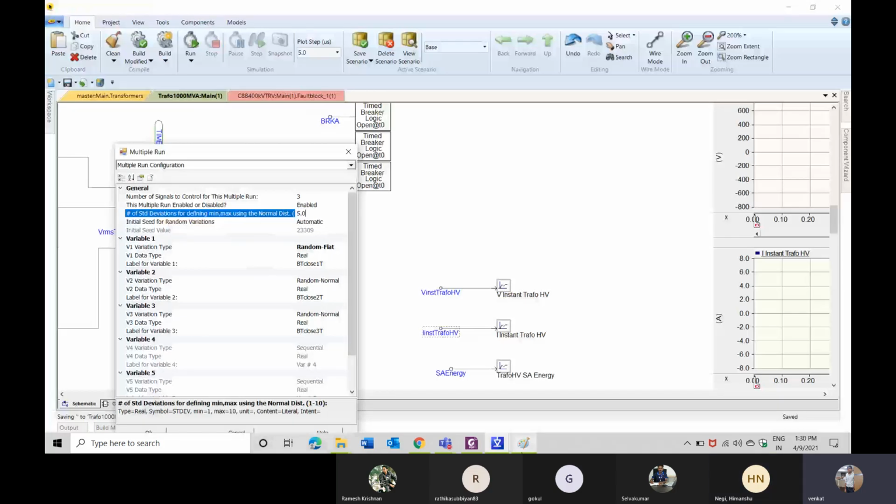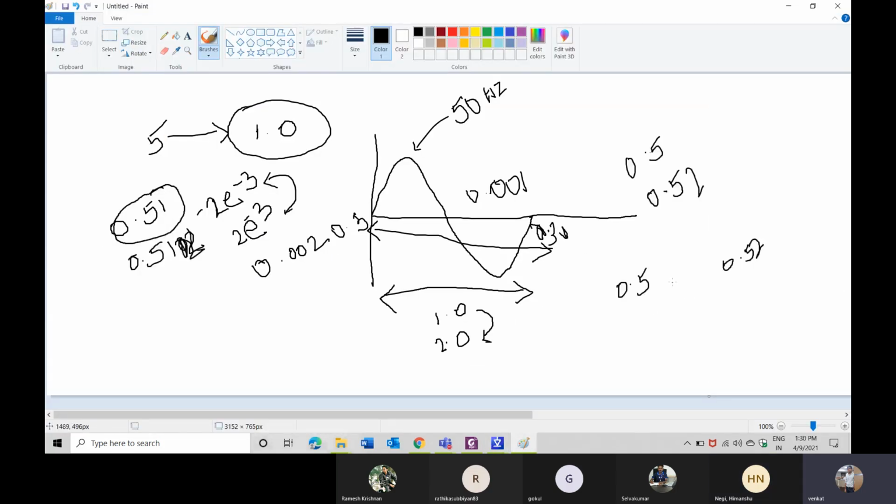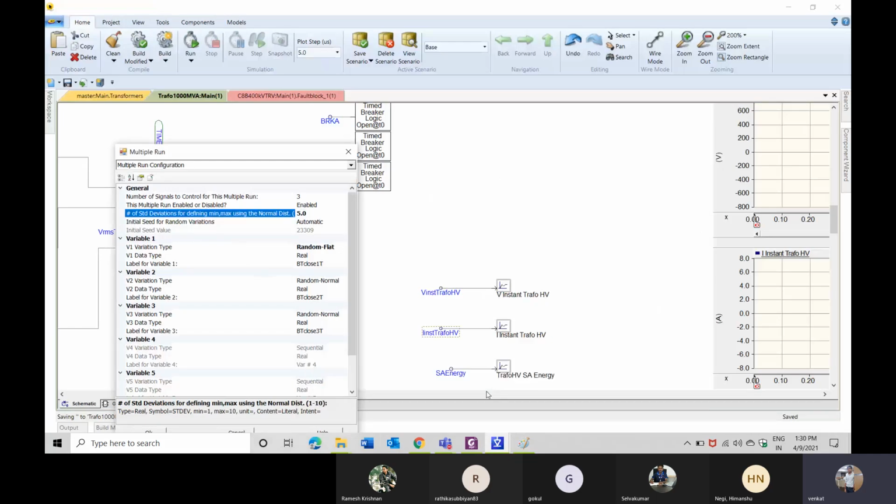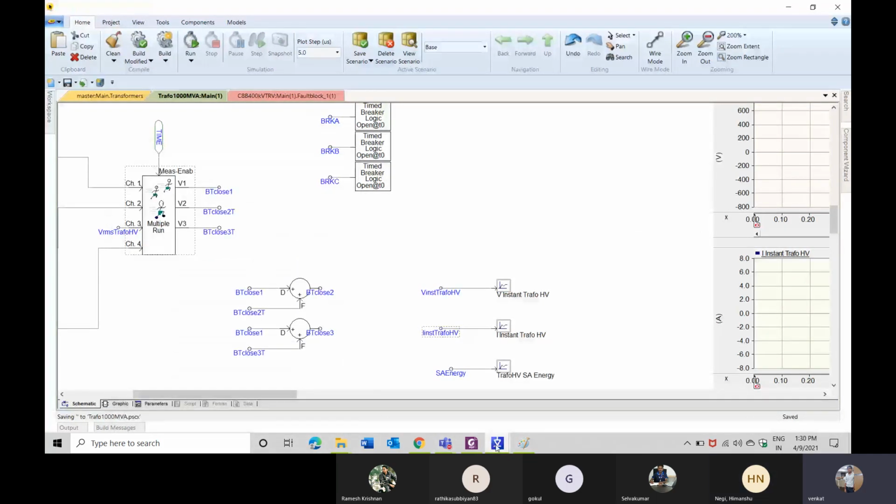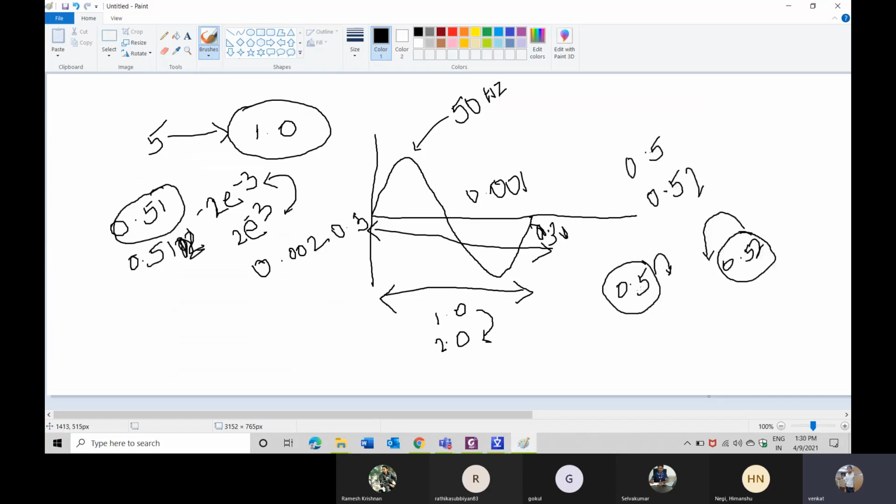If I give 5.0, it will take the values which are much closer to 0.5, and the maximum value will be much closer to 0.52. And if we give this value as 1, what it does is, sorry,